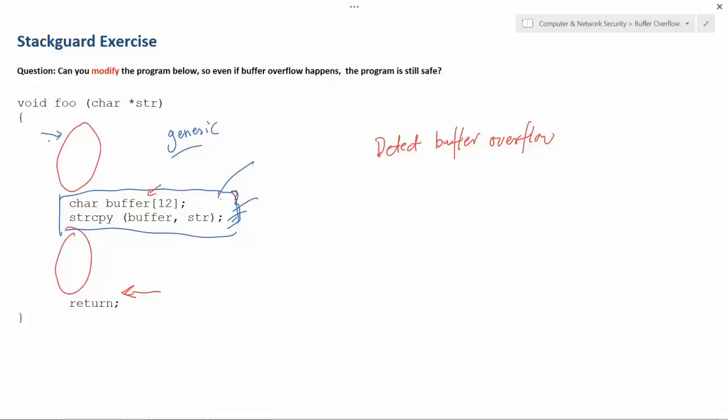When we turn that into a compiler, we're going to actually modify the compiler, so the compiler is going to generate that code automatically for you. Although you write this code, the compiler is going to add those pieces of code in there and then compile. That's how the compiler actually injects its own protection into your code. So you don't need to worry about the detection mechanism, and they will add it for you.